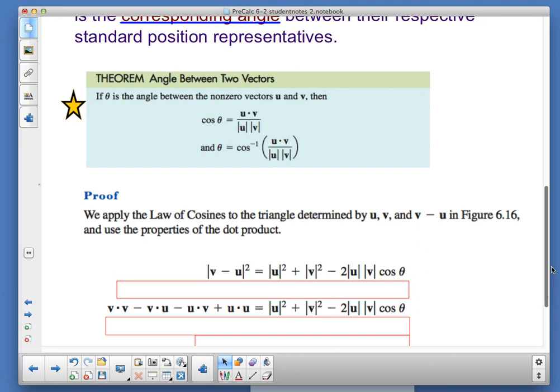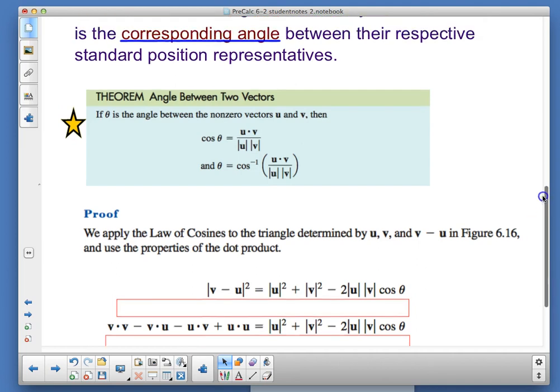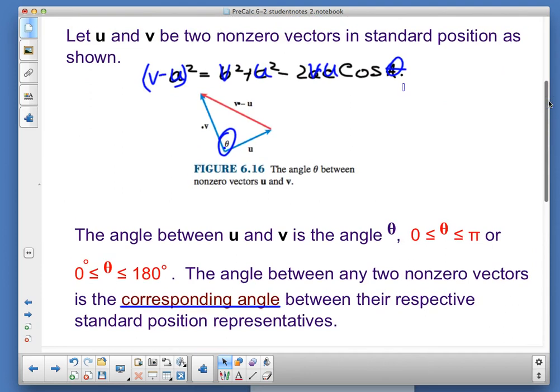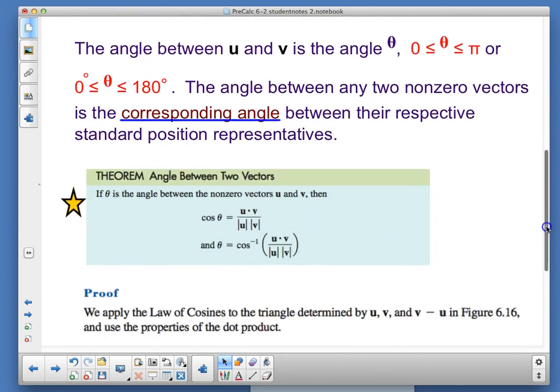So if theta is the angle between the non-zero vectors u and v, and notice they have to be non-zero, because once it's 0 and I multiply the dot product, I don't care what it is, 0 times anything is 0. That wouldn't show that the angle is 90 degrees between them, because they'd be orthogonal at that time, and we'll get to that in a second. But where does it come from? This setup up top. Let's talk about that proof